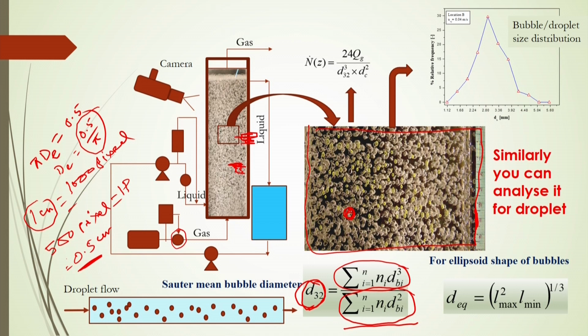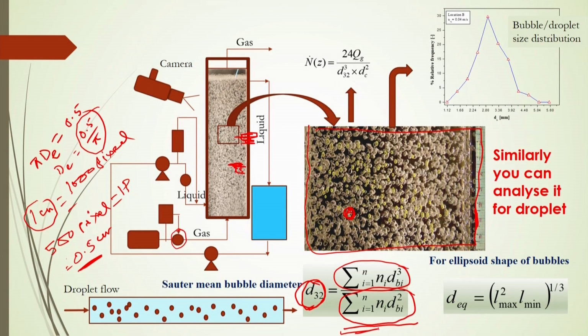Out of maybe 1000s or 100 or more, as suits you, it should not be less than 100 bubbles, otherwise it will be erroneous. If you consider more than 100 bubbles, the error will be less. After calculating the mean diameter of the bubbles by this formula, you can analyze the number of bubbles in this particular snapshot window, and then you can calculate the number flux of the bubbles.